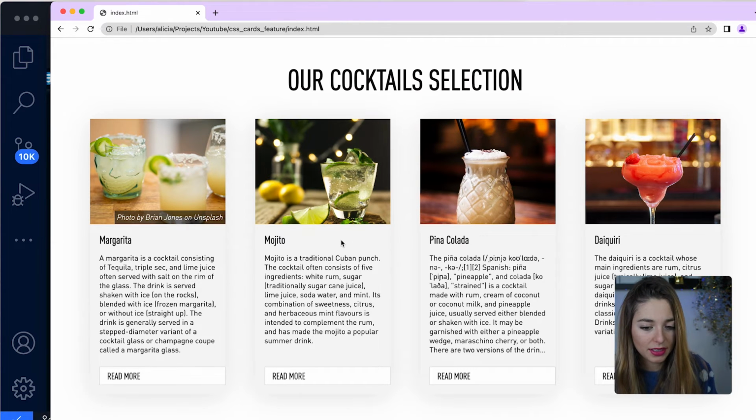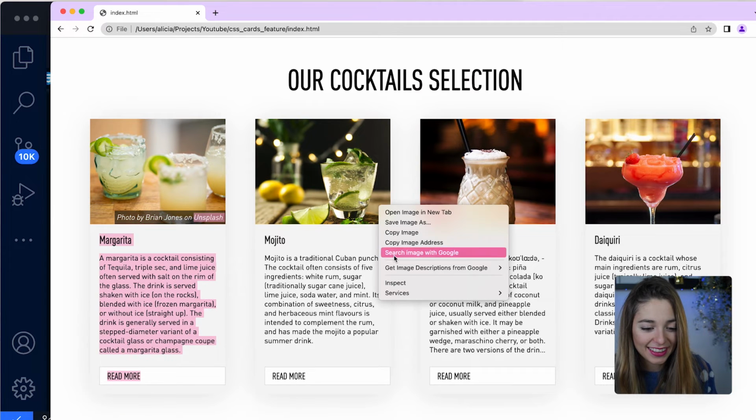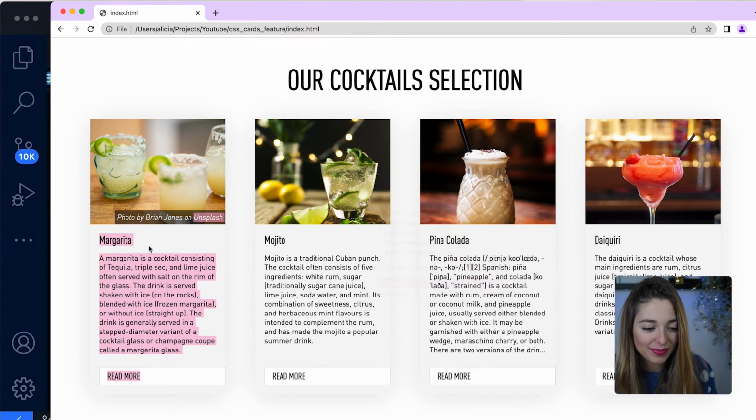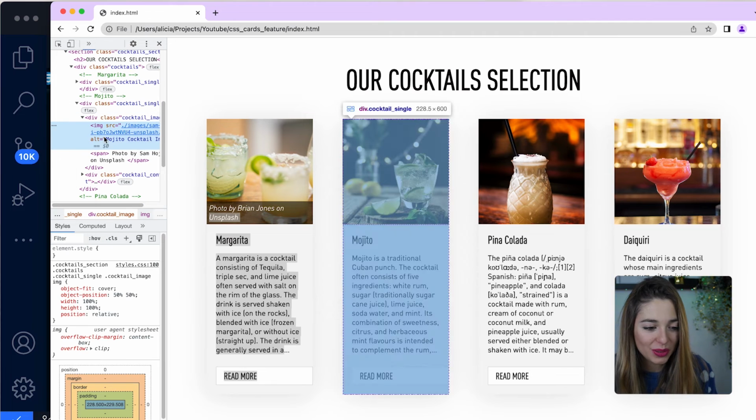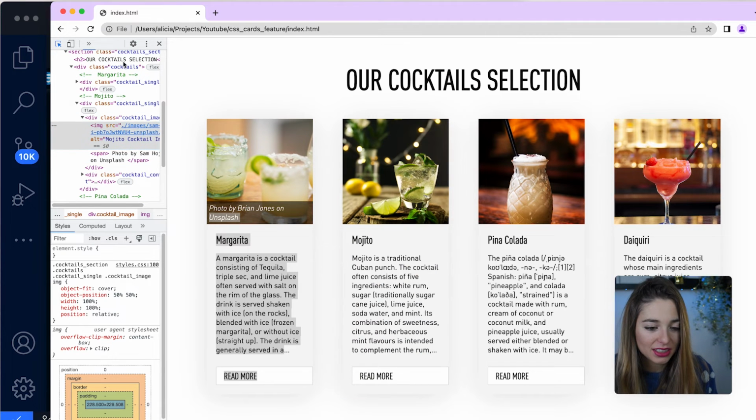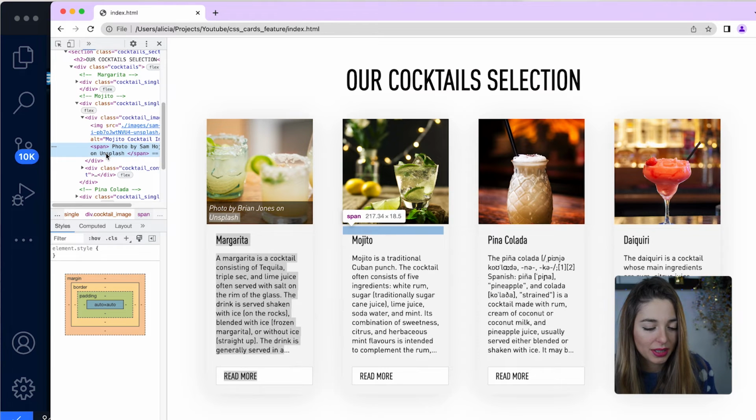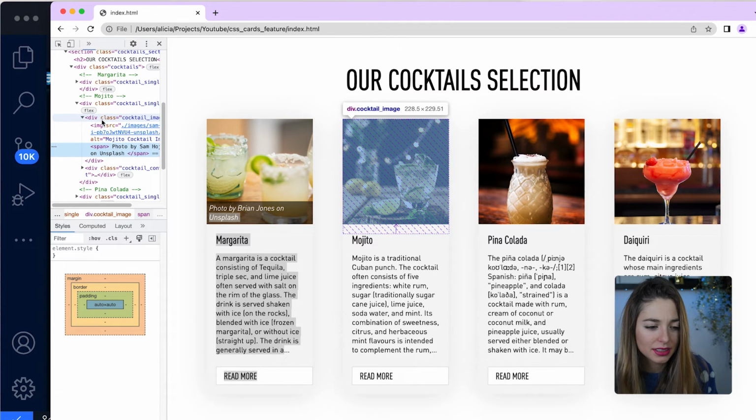Cool, this looks better. Now I'm just wondering why we cannot see this photo by text in all of our other images. So let's just inspect the element. Okay, it's there, but